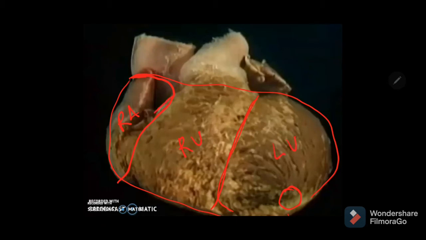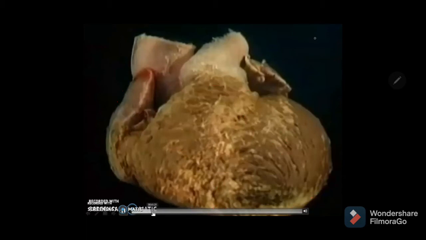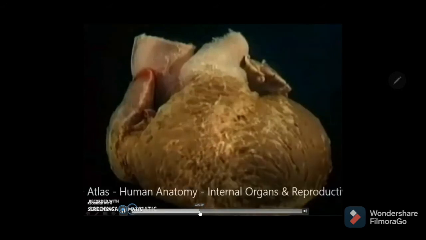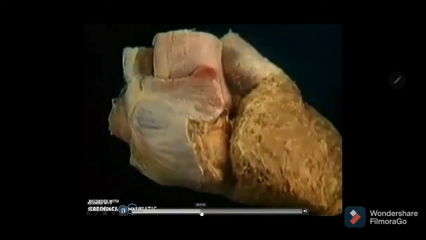The right atrium and right ventricle are separated by the anterior atrioventricular sulcus or groove. The right ventricle and left ventricle are separated by the interventricular groove. The anterior atrioventricular groove is occupied by the right coronary artery, which gives branches like the right conus artery, right SA-nodal, atrial branches and ventricular branches, and near the inferior border it winds around and gives a marginal branch here that you are seeing. And this is the anterior interventricular groove that you have seen there.